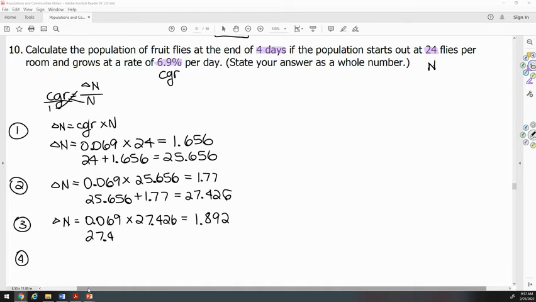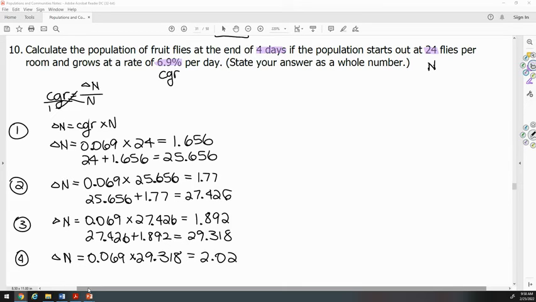We're going to add that to our number at the beginning of day 3, 27.426, for a total of 29.318 flies. We are almost there. Last time, we find our change in number, which is our CGR times 29.318. So our increase on day 4